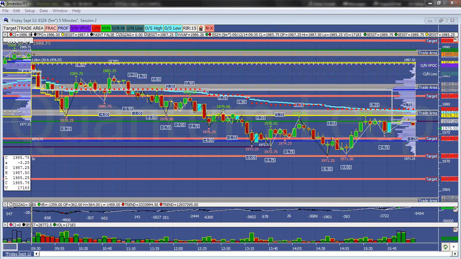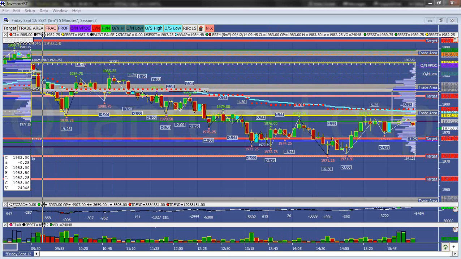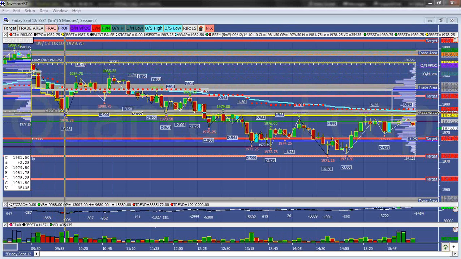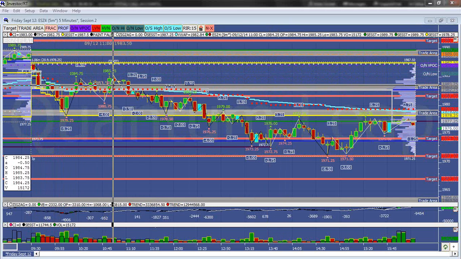We didn't quite get the trade off of the trade area up here. We had to wait until we broke below here, and you can see once we broke below there, we went and hit our first target and the open from Thursday, and then found buyers, rotated back up,